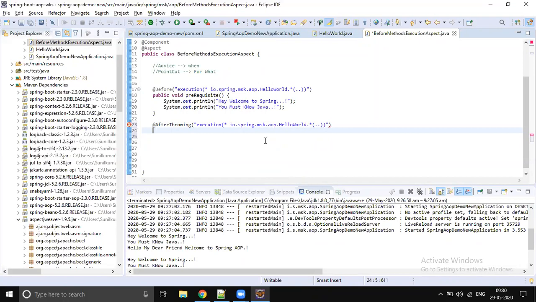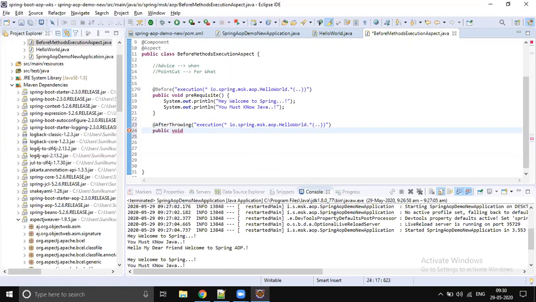Until you say what your destination is, you cannot be provided the ticket. The same thing is here. You must add a pointcut to say where this advice has to be executed, otherwise your advice will not be executed. So that has to be configured.